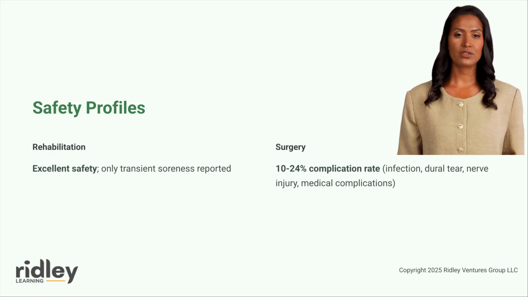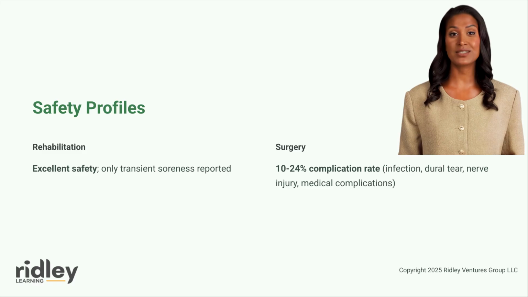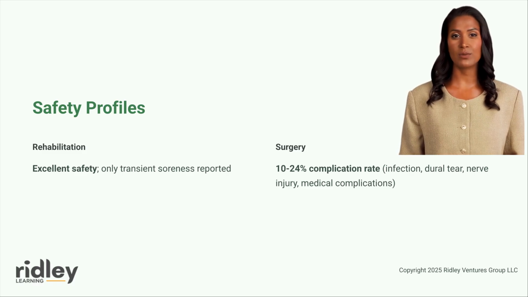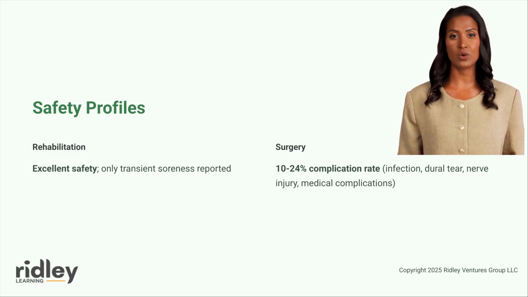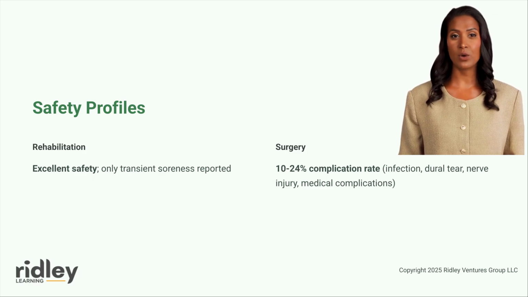The safety profiles of rehabilitation and surgical management differ substantially and represent important considerations in treatment selection. Comprehensive rehabilitation for lumbar spinal stenosis demonstrates an excellent safety record, with systematic reviews reporting only transient musculoskeletal soreness as a consistent adverse effect. No serious adverse events attributable to rehabilitation interventions have been reported in high-quality clinical trials. This favorable safety profile enables rehabilitation to be offered broadly, including to elderly patients with significant comorbidity who might face